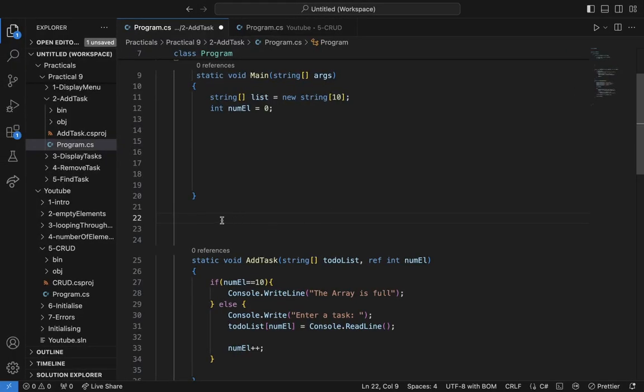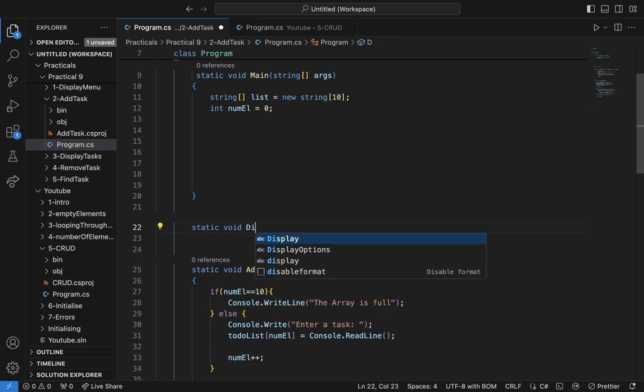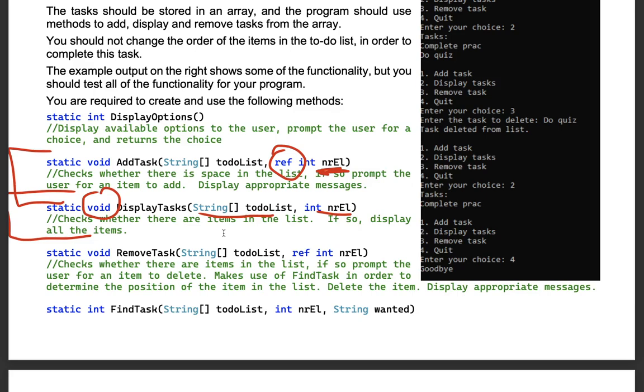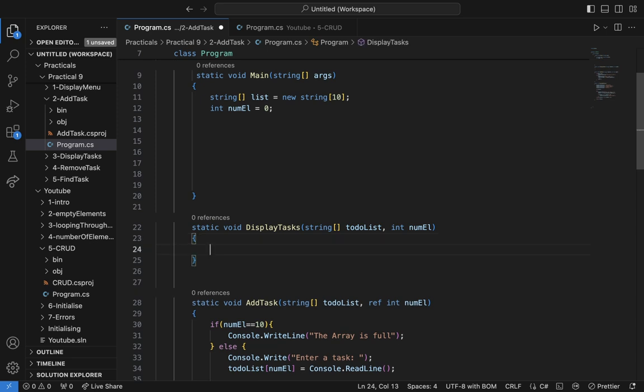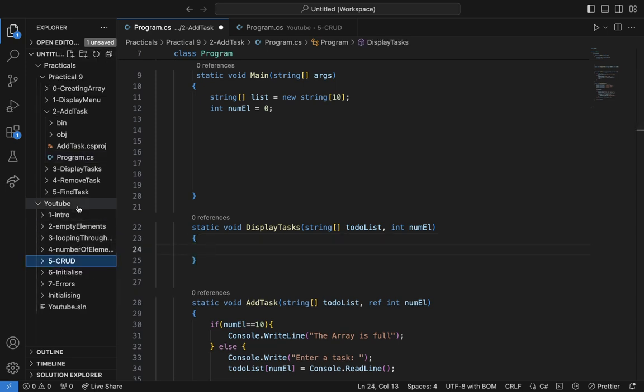So let's write the method static void display tasks. Then you have an array of strings and we call it to do list. Then we don't pass this as a reference anymore. And then we're going to display, we have code to display all the elements in an